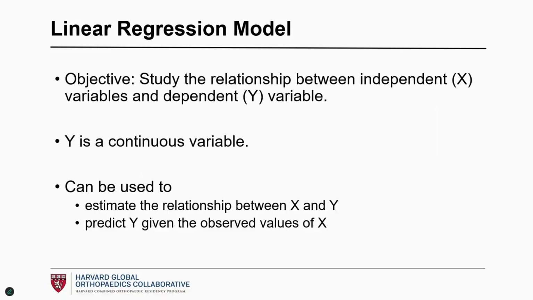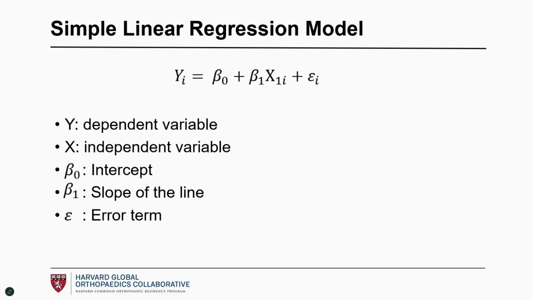The objective here is that we try to study the relationship between the independent variable or variables x and the dependent variable y, where y is a continuous variable. This kind of model can be used both for estimating the relationship between x and y, but we can also do prediction, basically trying to predict y given the observed values of x. The simple linear regression is